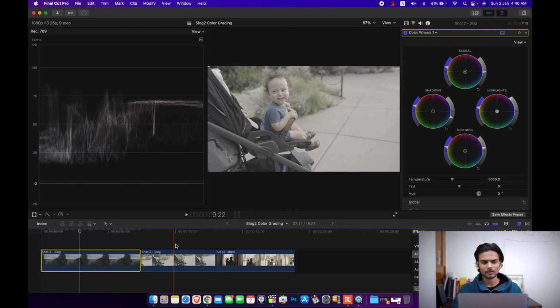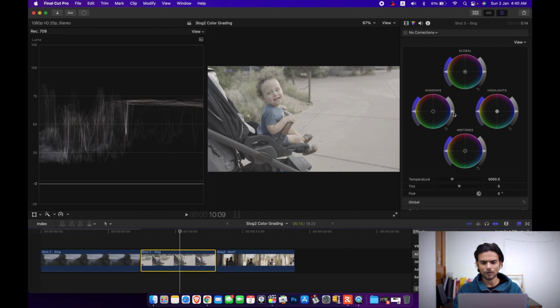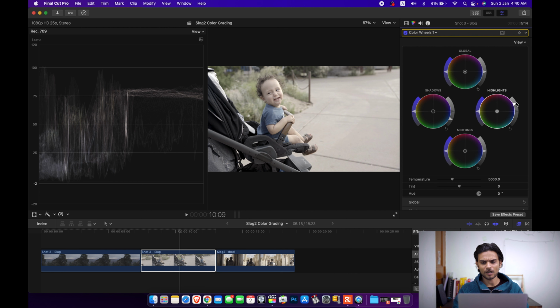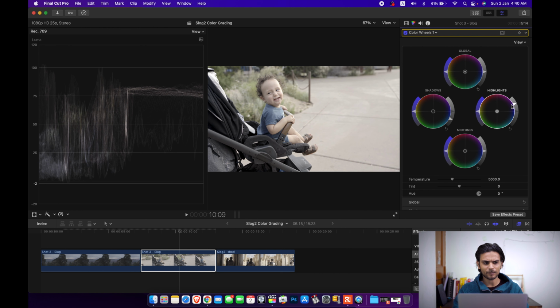Same with this footage. Let's have a baby with a smile. Same here, we're going to take the shadows all the way to 0, bring the contrast and make the footage look crisp, and highlights all the way to 100, not above 100. Above 100 everything will be washed out. If I go up, it will blow out all the brighter detail, all the highlights. But if I keep the brightest part of the footage at 100, it will give me a nice dynamic range and great color curves.